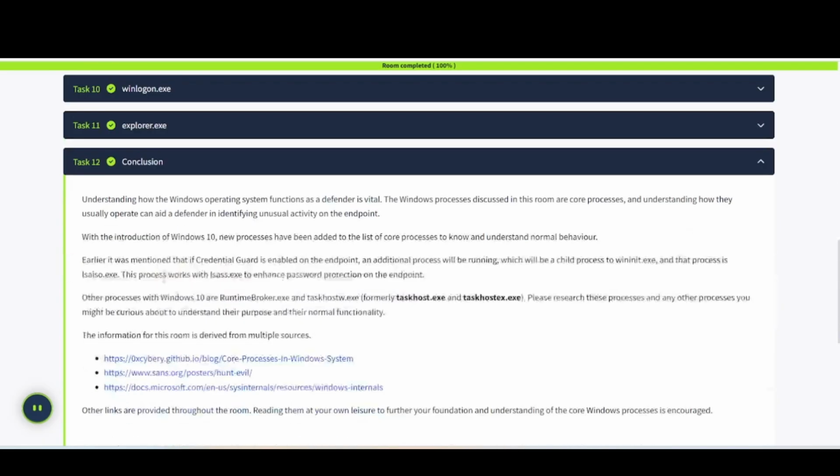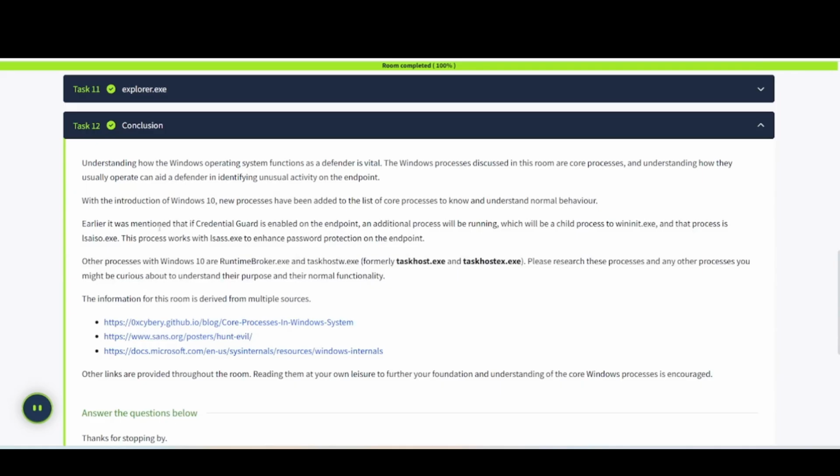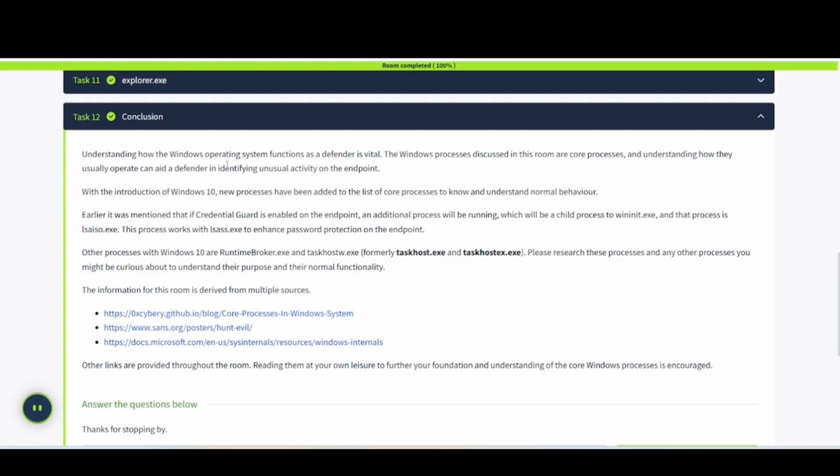Task number 12, we're going to wrap it up here. Reading a lot of things to take in here. Understanding how the Windows operating system functions as a defender is vital. The Windows processes discussed in this room are core processes, and understanding how they usually operate can aid a defender in identifying unusual activity on the endpoint. With the introduction of Windows 10, new processes have been added to the list of core processes to know and